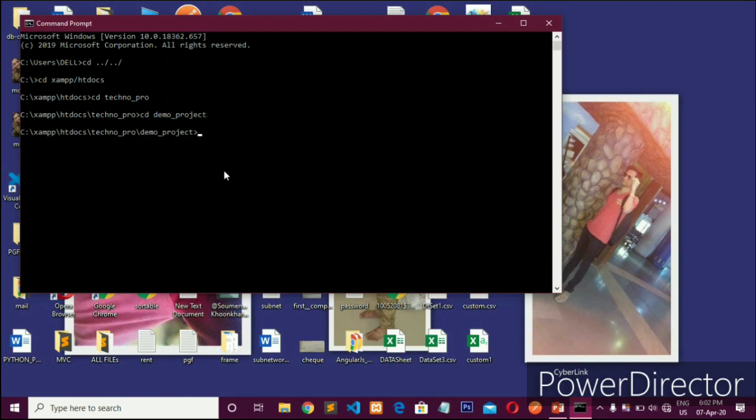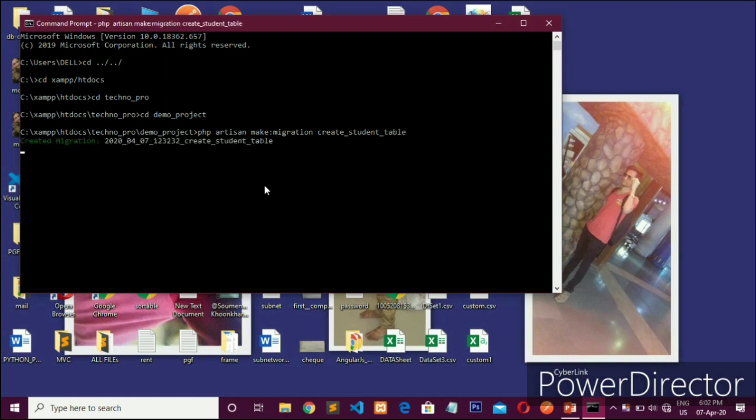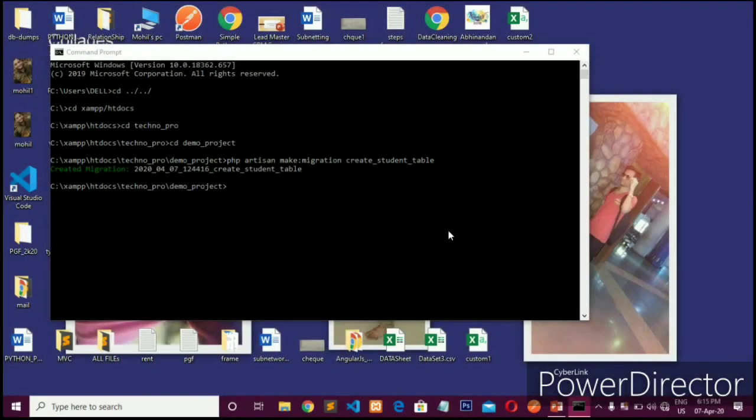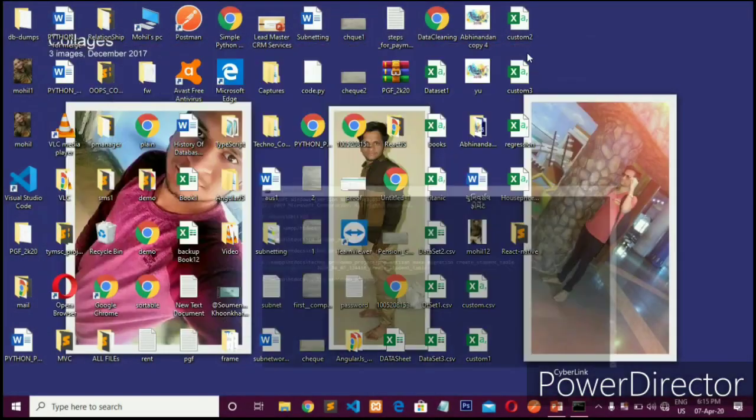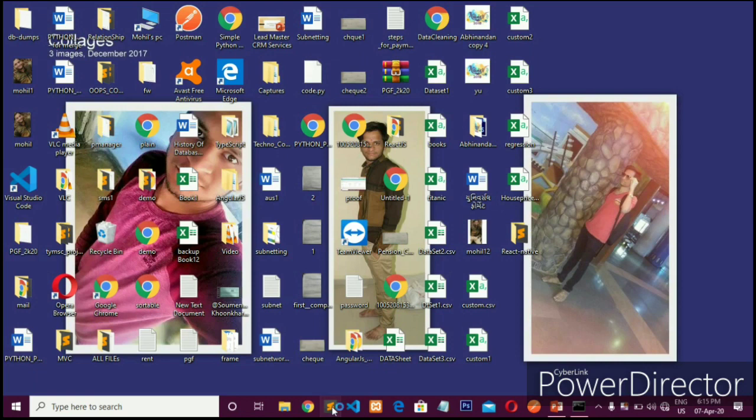Okay, now fire the command php artisan make:migration create. Now it is time to insert a table name. My table name is student table, and press enter.